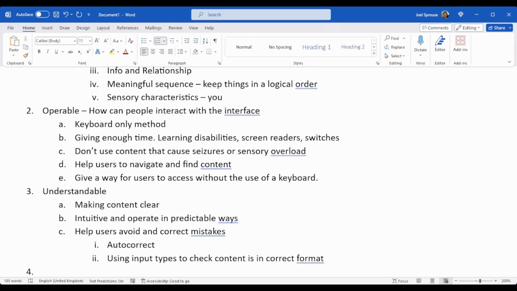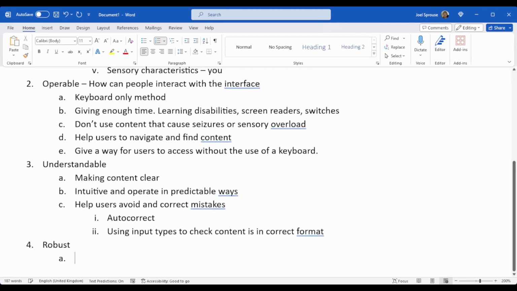And finally, the last principle is robust. Which again, is making the content accessible to aids, both current and emerging.